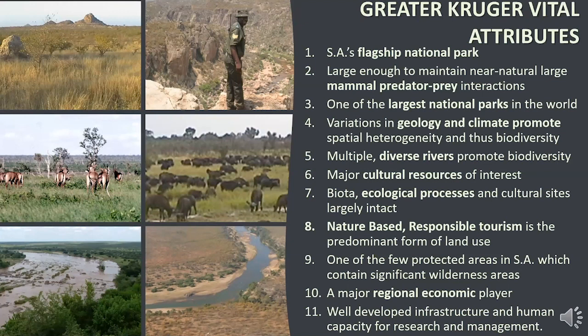Out of that, we then develop what are the key issues that we will focus on. And the presentation is going to flag some of this in the partnerships. We recognize that we've got a flagship national park. It's known for the Big Five. It is also known for the big river systems and the tourism, but it is also known for the regional economic profile, which is critical in order to protect the Kruger National Park. And once again, if we try to deal with poaching in the Kruger National Park, if we try to deal with economic viability, our focus is not starting within the Kruger National Park,